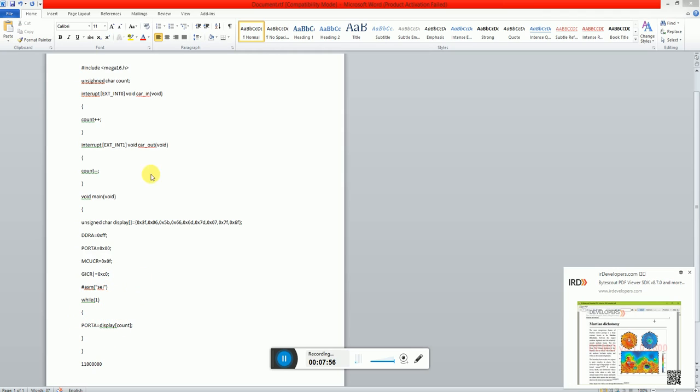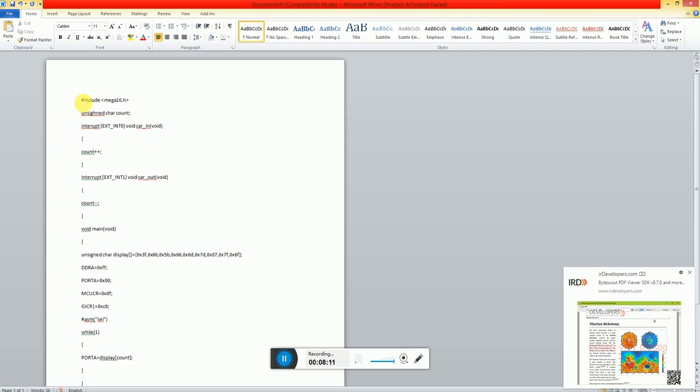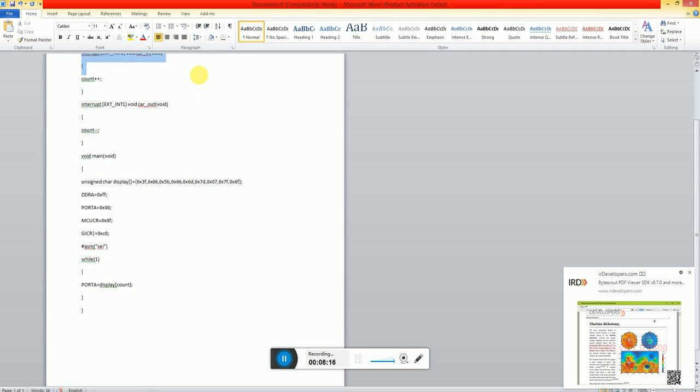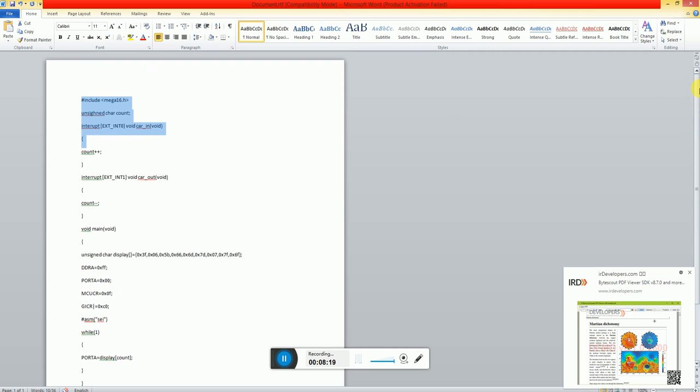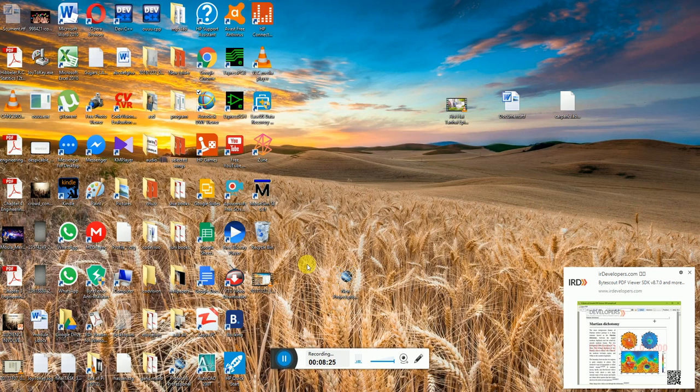This was all the code. Now it is up to you to use the same algorithm to make the code in whatever language you want. I have used the ATmega16 compiler. Just compile this code, make the hex file, and burn it onto the ATmega16. If you want to check your code, you can do it on Proteus. For interrupt signals, you can use